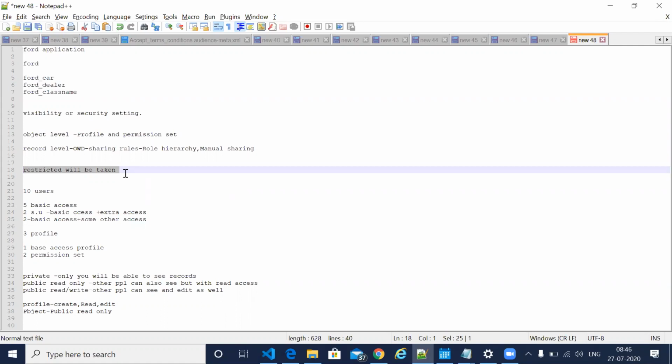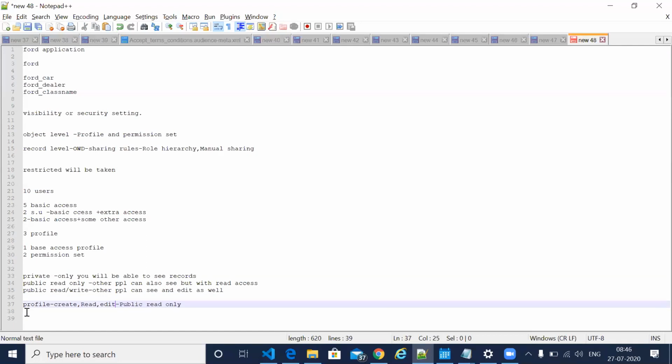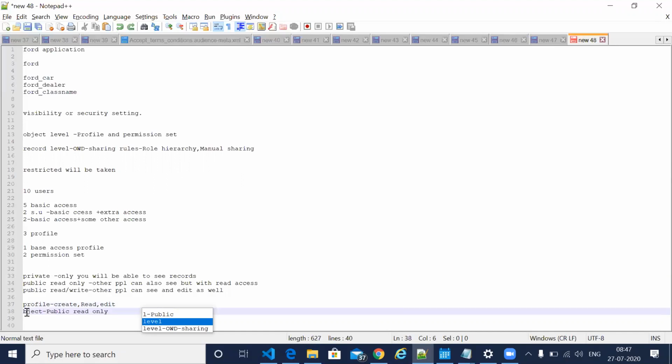They used to ask: I have given create, read, edit option in the profile, and in sharing settings, I have given public read only. So will he be able to edit the records or not?